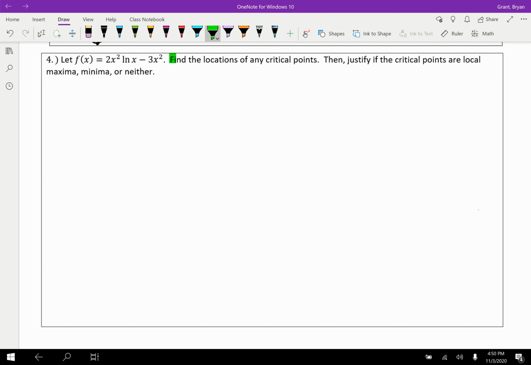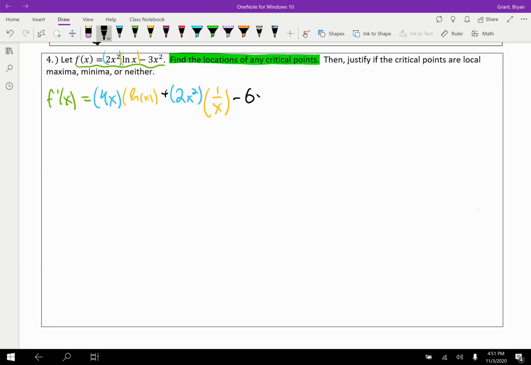They ask us to find the locations of the critical points. We might as well start there. Eventually we'll have to justify if the critical points are local extrema, but critical points we've been doing for a few days. I think we just need our first derivative here. Don't forget that when we take that first derivative, we will certainly need our product rule for this first part. So we have our 4x, keep natural log the same, and then we add on, this is our 2x squared, keeping that the same, and of course natural log's derivative, 1 over x,